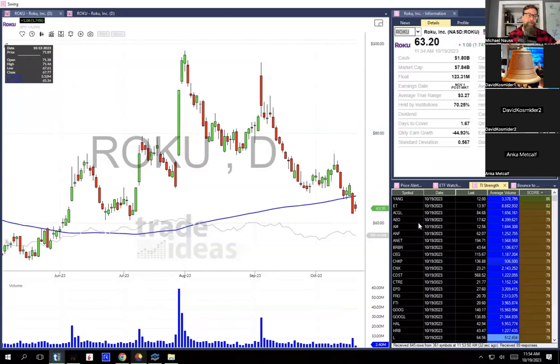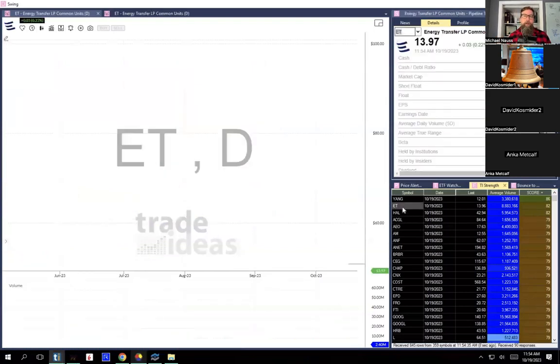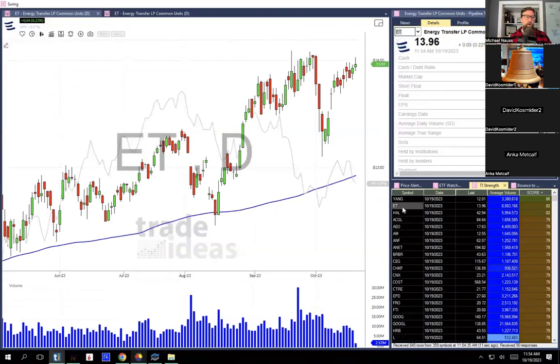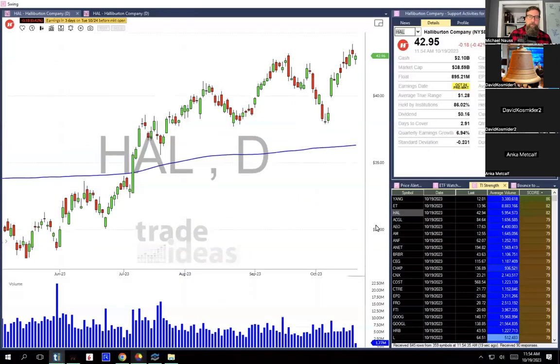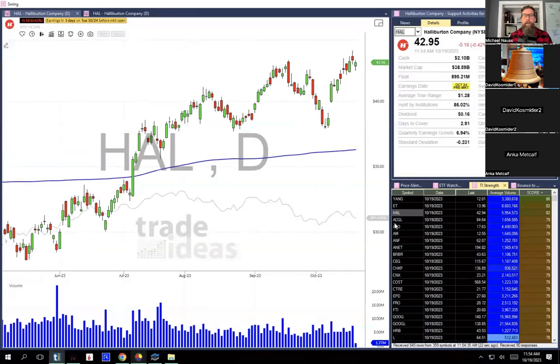So based off of the metrics that I've decided on and backtested, knowing that if you own the top names in this and rotate that weekly, you will outperform the S&P 500, at least going back from 2016 to date, it says, okay, here are the ones with the highest values. And for me, this is where I find a lot of my trades, because it combines all of these factors that we talked about: trend, strength, all of these types of things. So Halliburton is really high up there. Basically what you'll find is these are the stocks that are outperforming the market at the time.